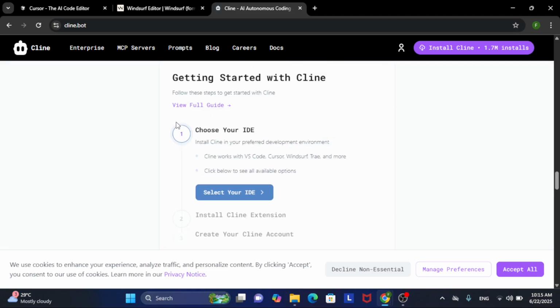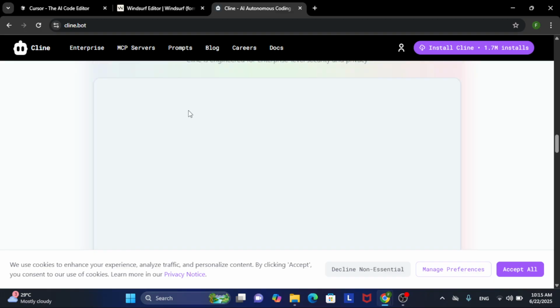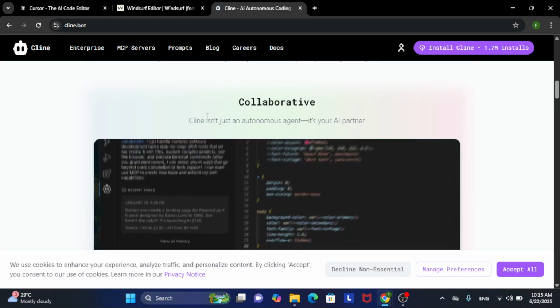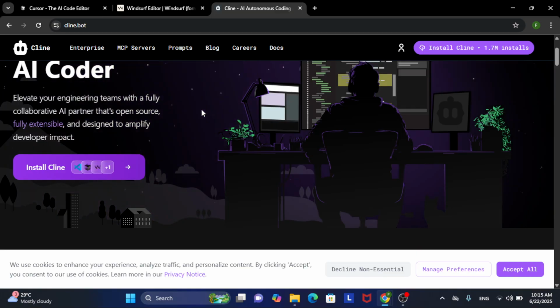In short, Cursor is great for solo devs needing full AI immersion, Windsurf for managing complex projects, and Cline for lightweight, real time code enhancement. And that's how Cursor, Windsurf, and